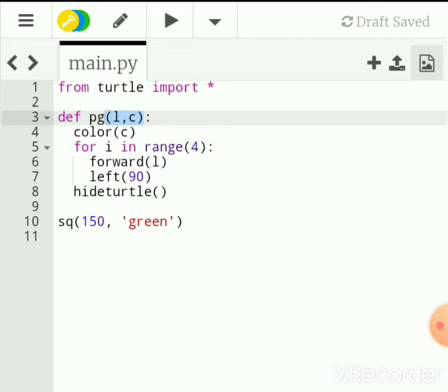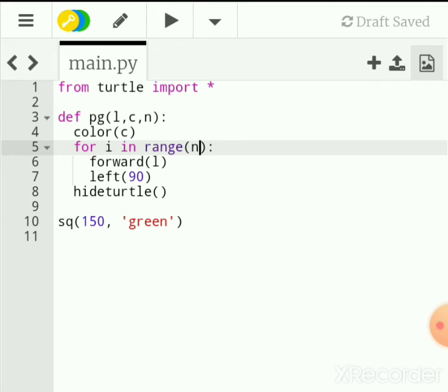So here we will indicate not just the length, but the number of sides of this polygon. So for example, here n. So for n in range n, so this polygon will have n